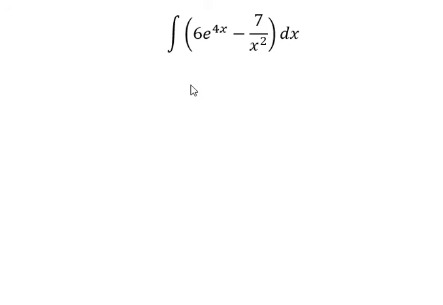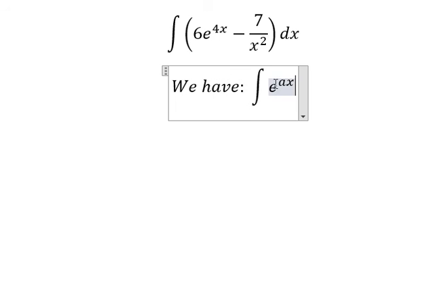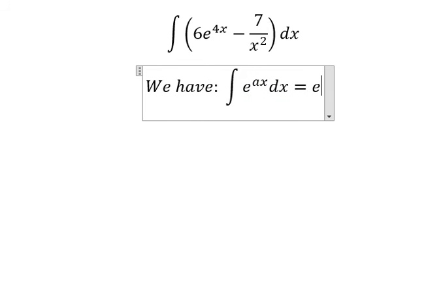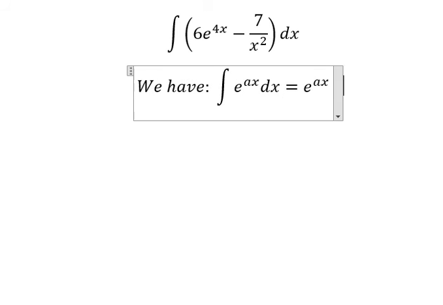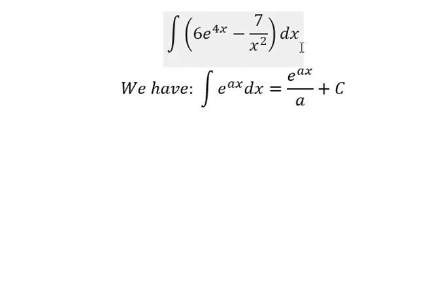The topic today is about integration. So now I will show you how to answer. We have the formula in here. That's about e to the power of as ds. The integration of this one, you get e to the power of as over a, and we put c. The next one, the integration of